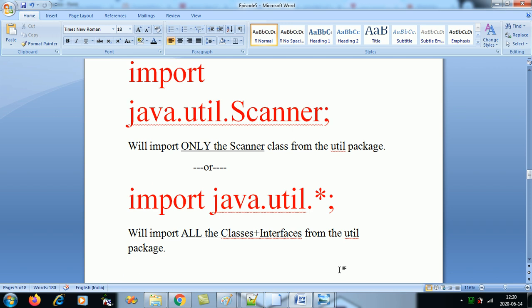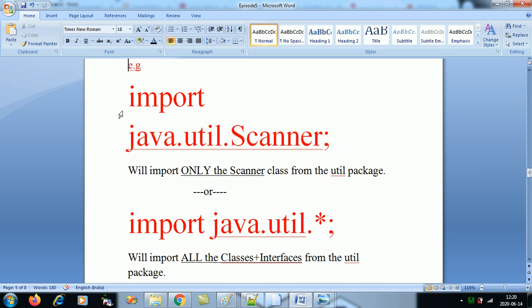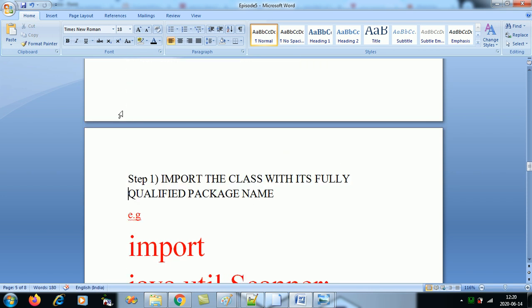So you can use whichever style you are comfortable with. Those who are using Eclipse, in the latest versions of Eclipse it automatically fetches the class names. And if you are doing it in Notepad, you can use whichever style is suitable for you. This is easier, so you can stick with this style also, no compulsion. So first thing first is you have to import the class.